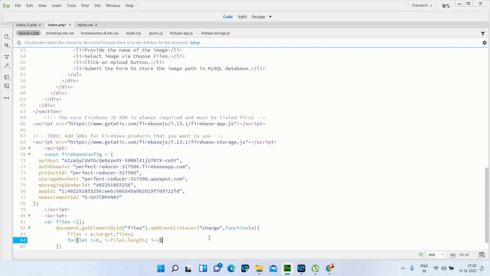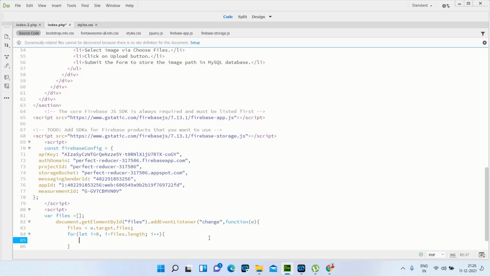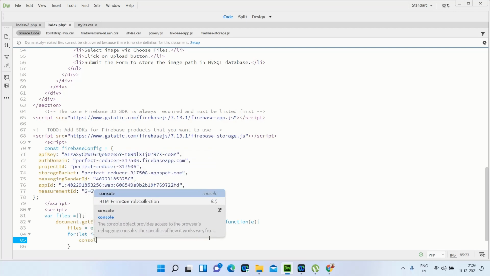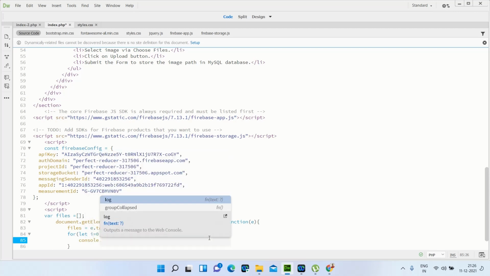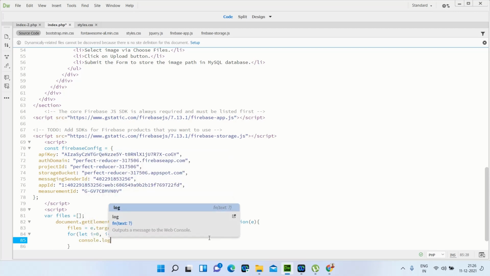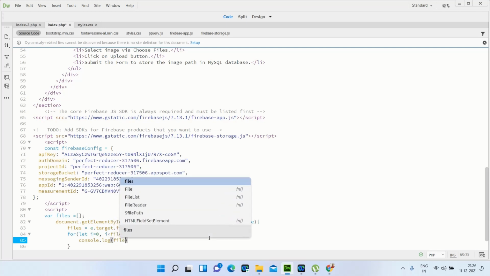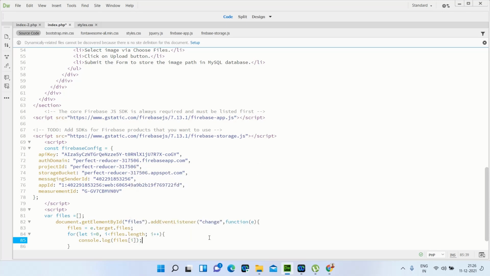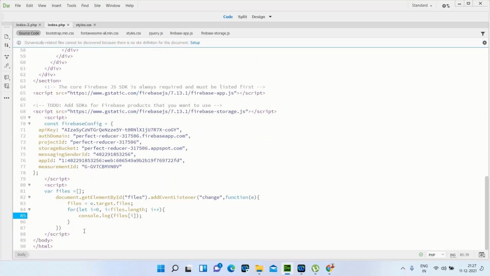Then we have to start the bracket and console dot log, here add files and bracket i. So now it's completed. After that, okay, so your bracket is closed.